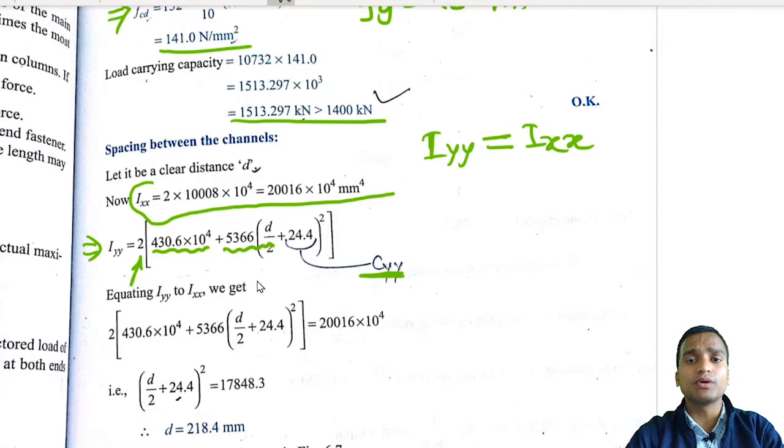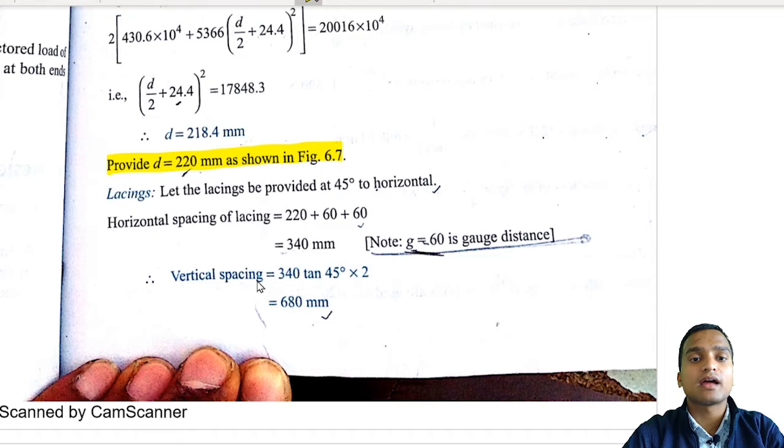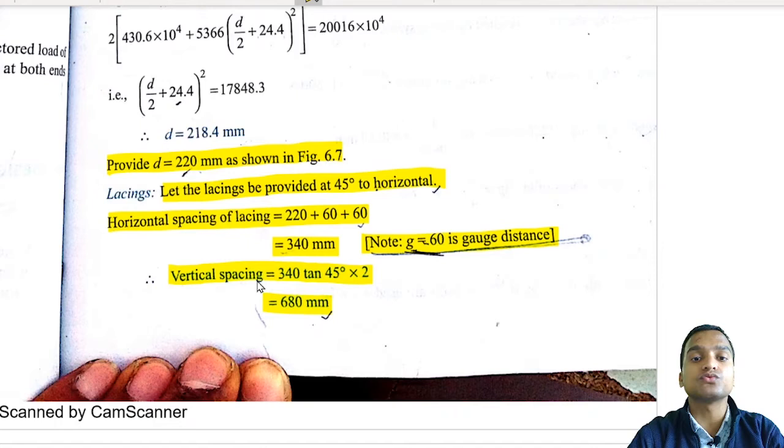So we provide d equal to 220 millimeter, as shown in the figure, and let us provide the lacing at an angle of 45 degree to the horizontal. So the total horizontal spacing of lacing will be 220 plus 60 plus 60 equal to 340 mm, and here 60 mm is the gauge distance. And vertical spacing, why are we calculating vertical spacing? 340 tan 45 degree into 2, 630 mm. Why have we calculated this? For the